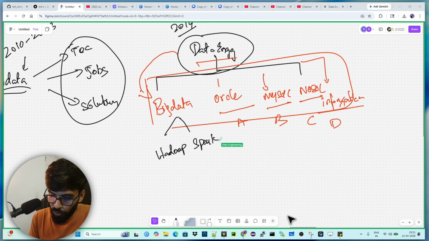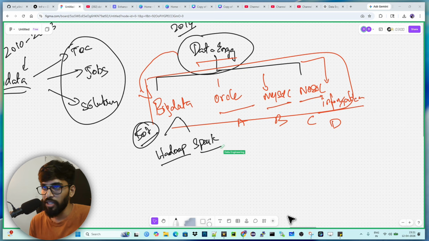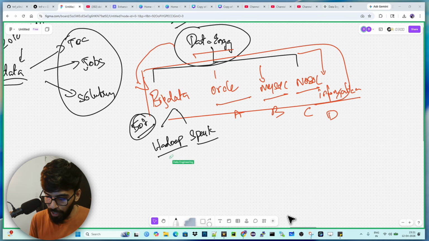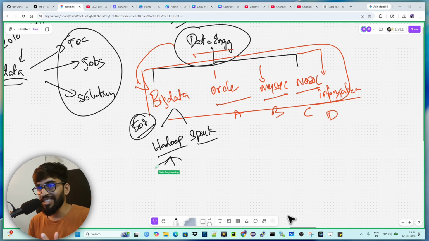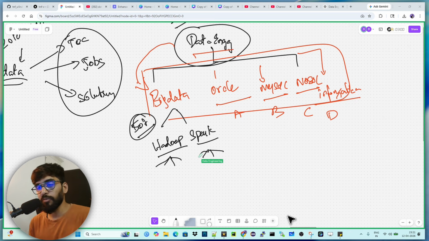In big data, we have more than 50 technologies, that is 50 plus solutions. The top two leading solutions are Hadoop and Spark. And in this complete data engineering master course, we are going to discuss Hadoop and Spark systems in depth as well. In Hadoop, we have so many ecosystem components, sub tech stacks under Hadoop, and similarly, we have sub tech stacks under Spark as well. We will be discussing those components in detail in the upcoming videos.